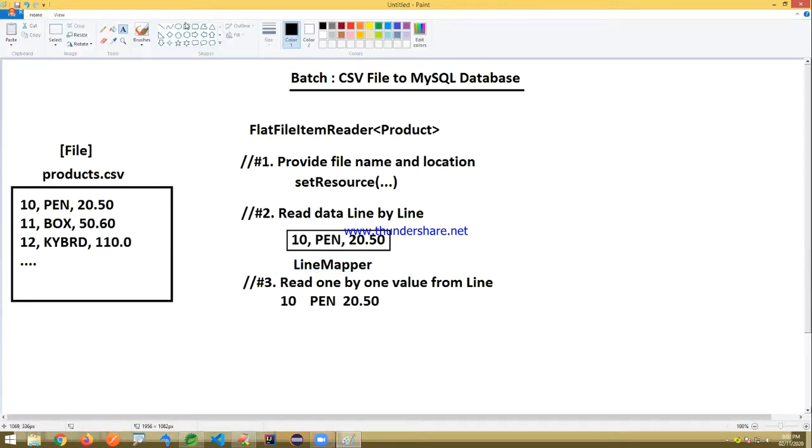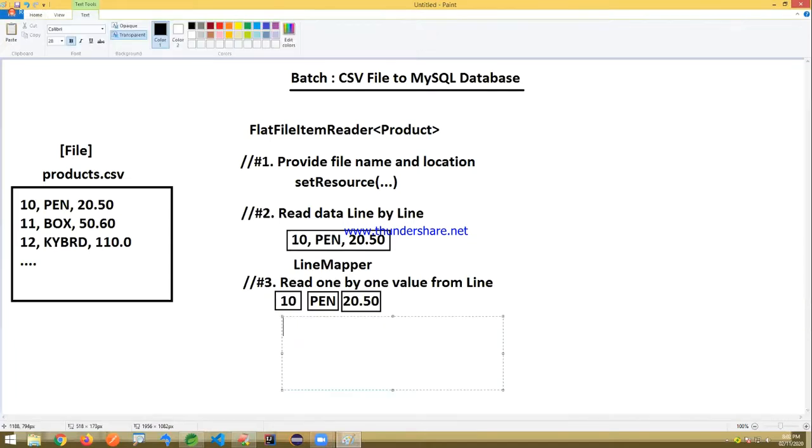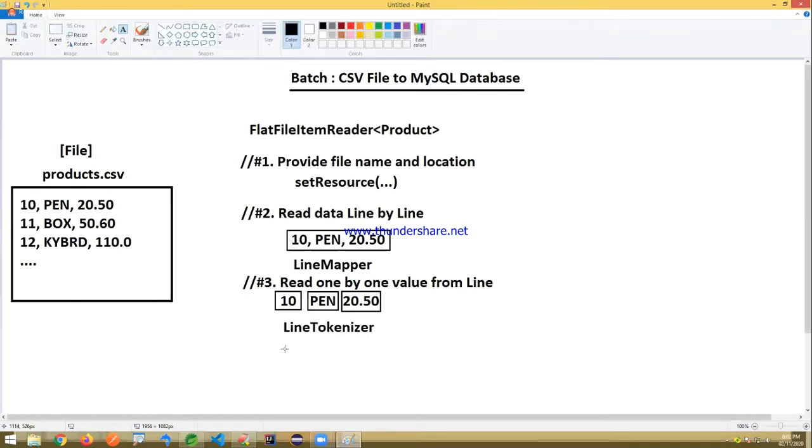We have to divide the data into individual values: value 1, value 2 and value 3, by using the concept of line tokenizer. By using the line tokenizer, data will be divided like this.